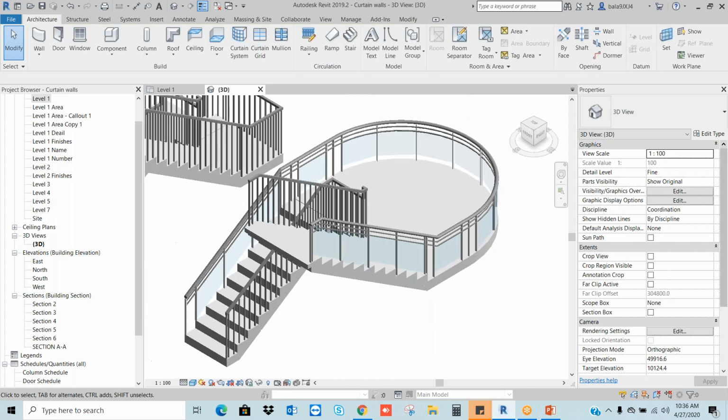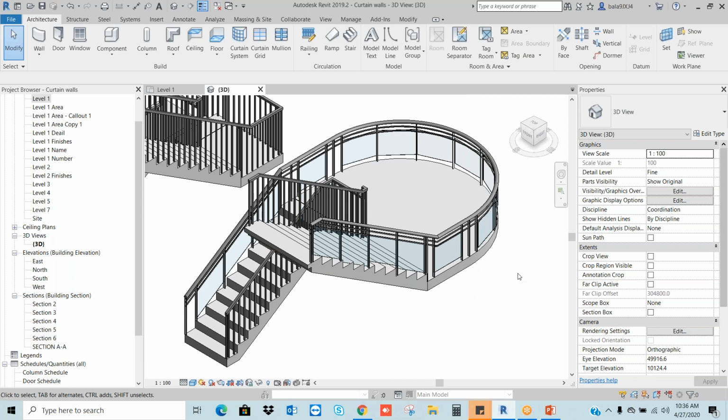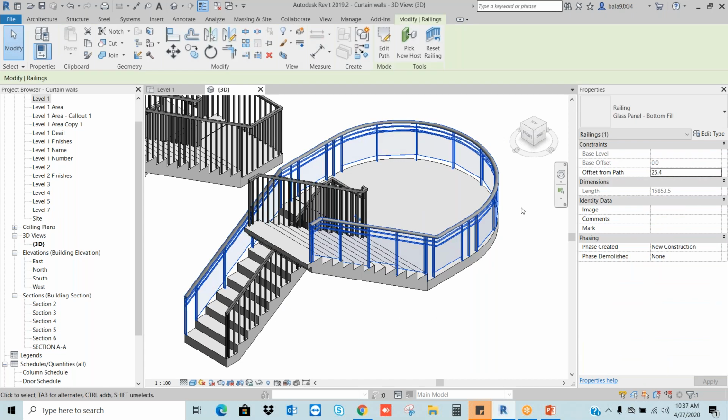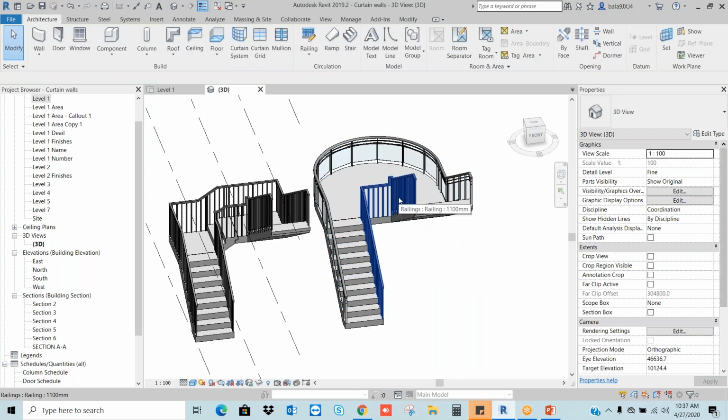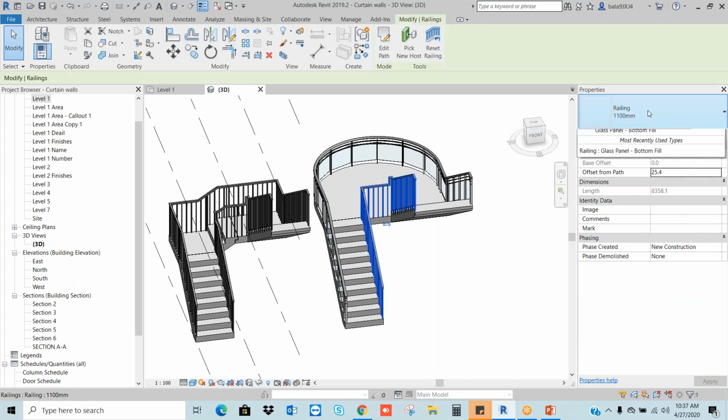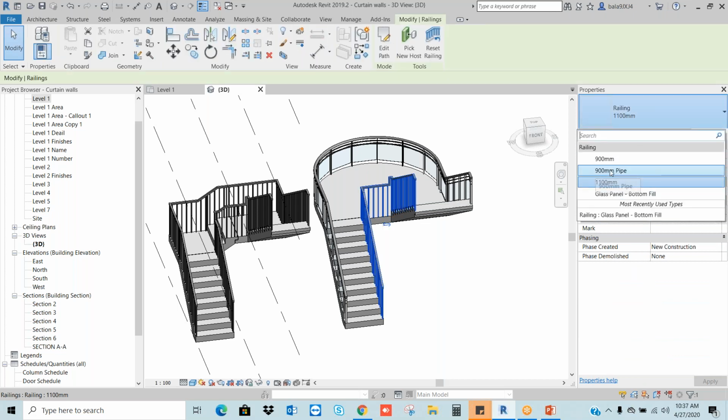So now, don't ask more doubts on how to create the railing. All this is again a different method. We have very different kinds of methods to create these railings. We need a lot of in-depth knowledge to create the railing. At the moment, don't focus on creating the railing. Just choose whatever is available in Revit. Let's say I want to use a piping.